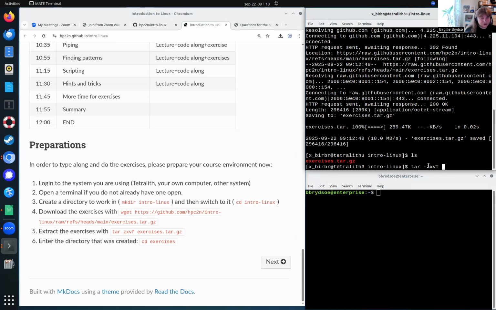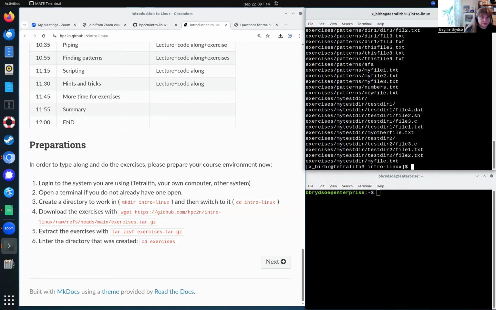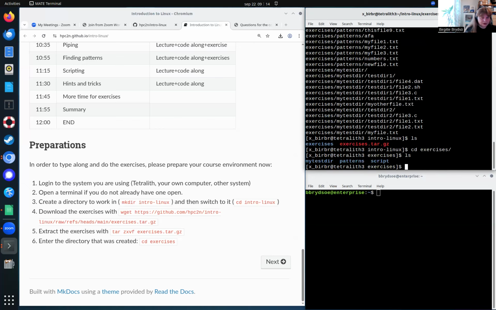And Z tells us that we will unzip it. X is extracting it from the tarball. V is verbose. And I believe F is something about making sure the files and the directories are created in the correct way or something. So now there's a directory, exercises, and we can go into it. And there are some directories there. And now we are ready to start the course.